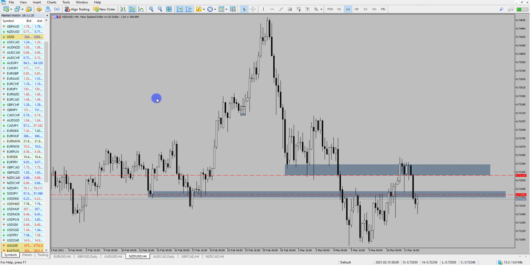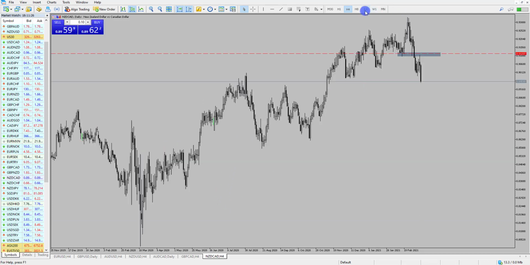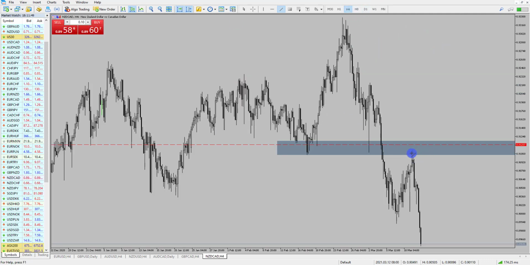One chart that we did tell you to keep an eye out on was Kiwi Cad, and we discussed the 0.9120 zone and these daily structure lows in here. What we spoke about in particular was the fact that the market had changed trend on the daily time frame after breaking out of this channel up here. We said that it would be a really nice opportunity if price could come back into those lows to look for a short. So hopefully you set some alerts at that point, because price literally just tapped into the level, broke to the downside quite considerably here,